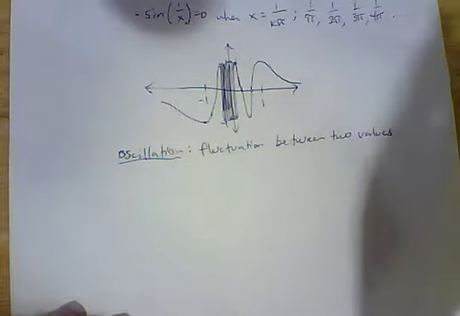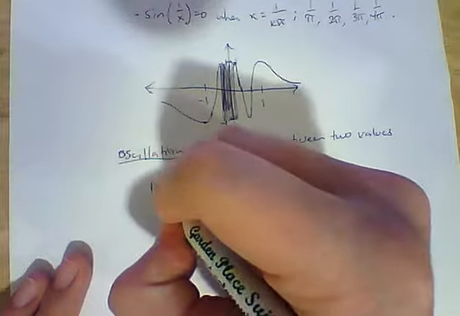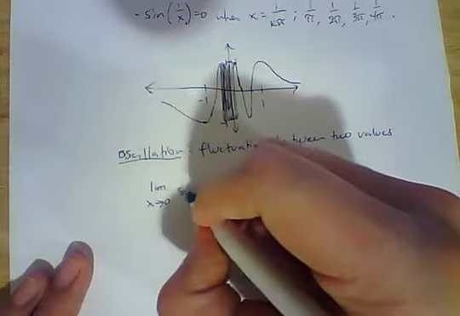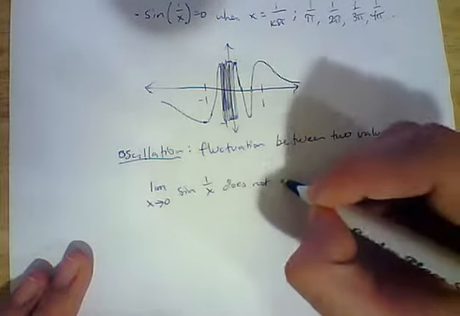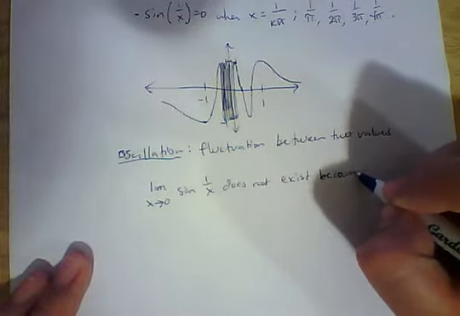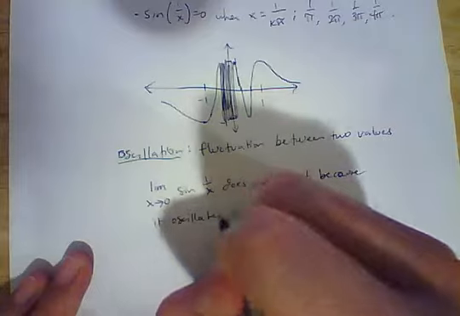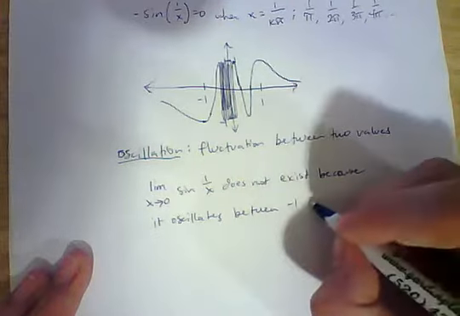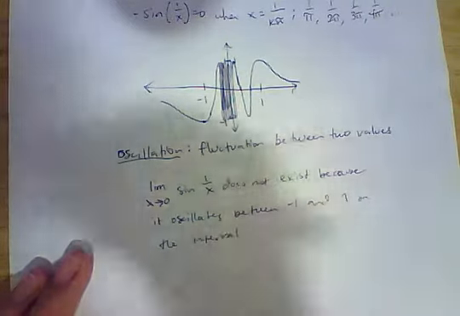So we could just simply say the limit as x approaches 0 for the graph sine of 1 over x does not exist because it oscillates between -1 and 1 on the interval